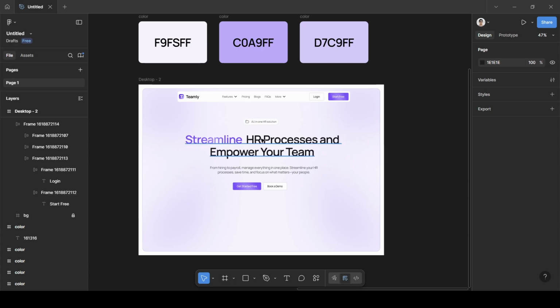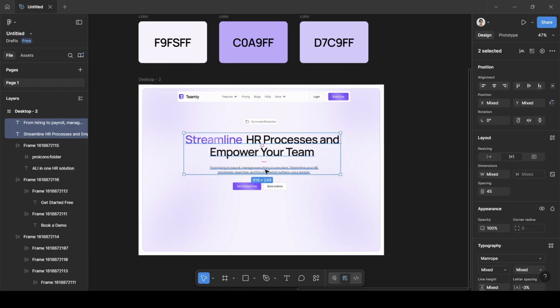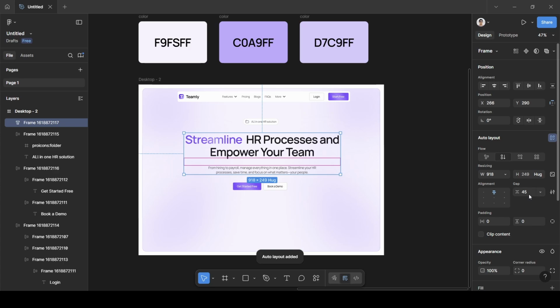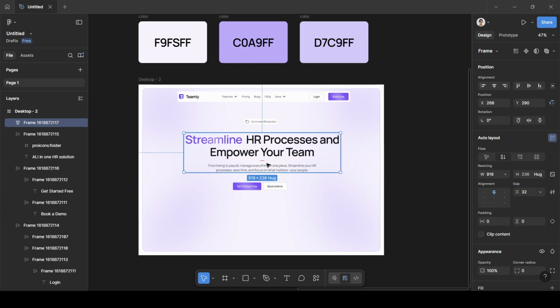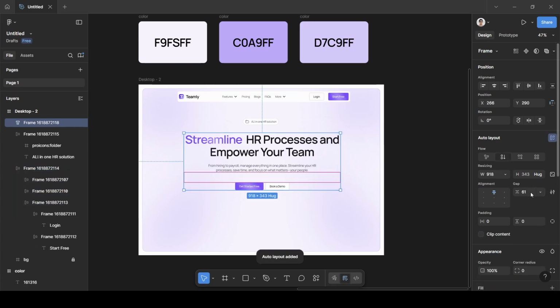So I'm going to select some of them, like title and subtext. I'm going to turn them into auto layout so they will have better visual hierarchy. So I'm going to give them a 32 pixel gap. Then I am going to select this one, pressing shift while selecting. So I am going to turn them into auto layout as well, CTA and top text. And I'm going to give them a gap of 44,